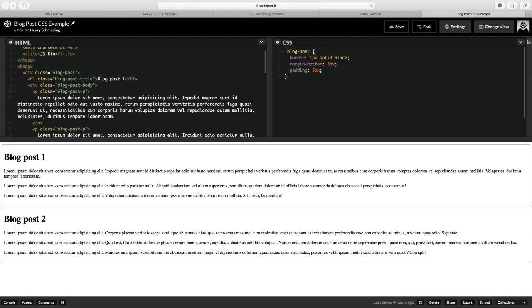We define this box around everything, but then we can go and say .blog-post-p, right? And then we can say for all of the paragraphs, set the color to red,